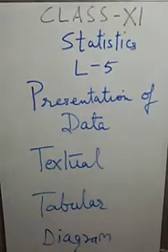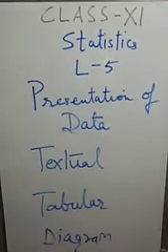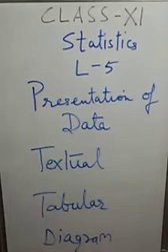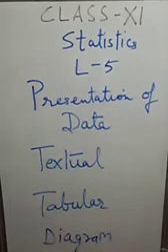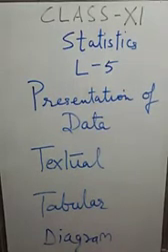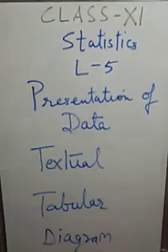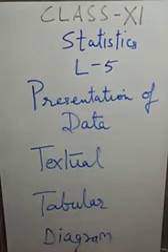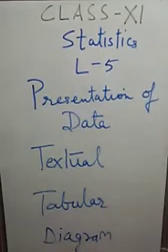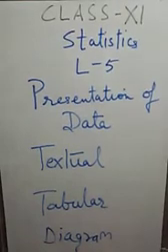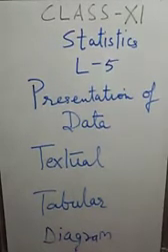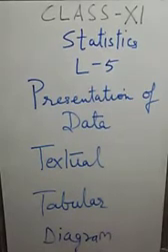The presentation of data means exhibition of the data in such a clear and attractive manner that it is understood and analyzed. There are many forms of presentation of data, but three are most popular. First is textual, or we can say descriptive presentation. Second is tabular presentation, with table rows. Third is diagrammatic presentation. The present chapter focuses on textual and tabular presentation of data. Diagrammatic presentation of data will be discussed after this chapter in the coming sixth chapter.